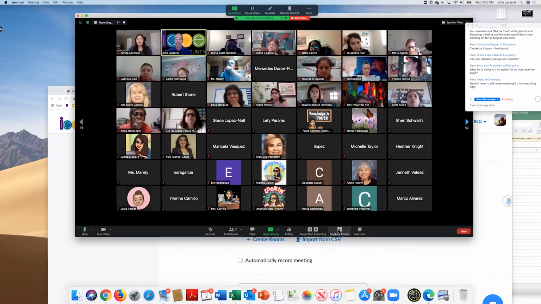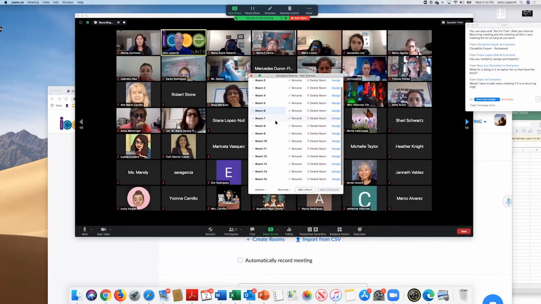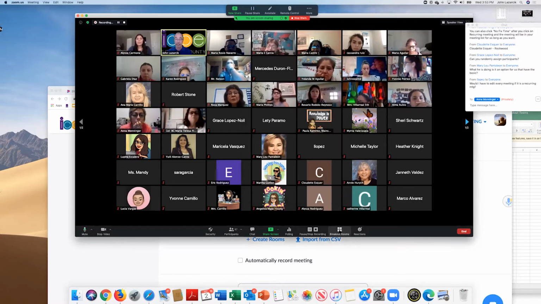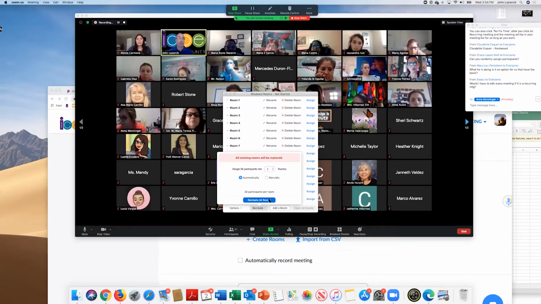When I click on that link, you guys can see I have 15 pre-assigned breakout rooms. But if I want to switch them up, I click on recreate. So let me go back again. I click on breakout rooms, and let's say I don't want to use these rooms. So I click on the caret of recreate, and I recreate all rooms, and I get this option.